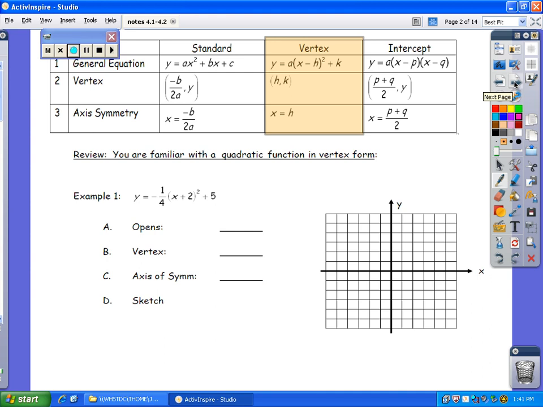Vertex form. Since A is equal to negative 1/4, which is negative, this is going to open down. The vertex is given by (h, k), so our vertex is (-2, 5). The axis of symmetry is the x equals value, so x equals negative 2 is our axis of symmetry. All right, let's sketch this. So at (-2, 5),